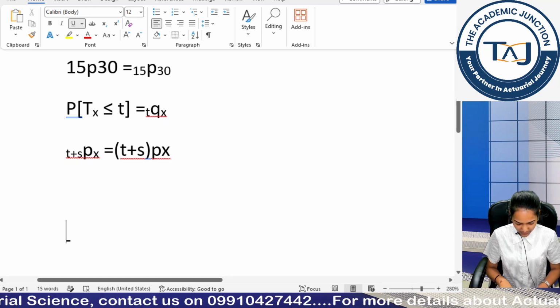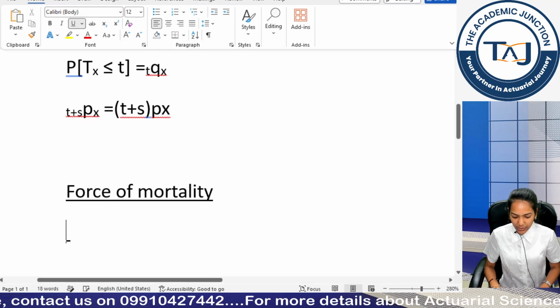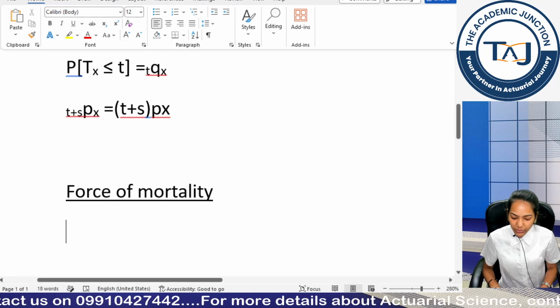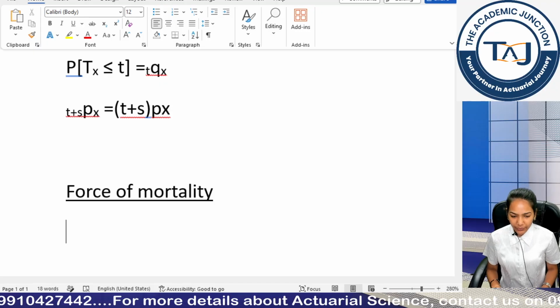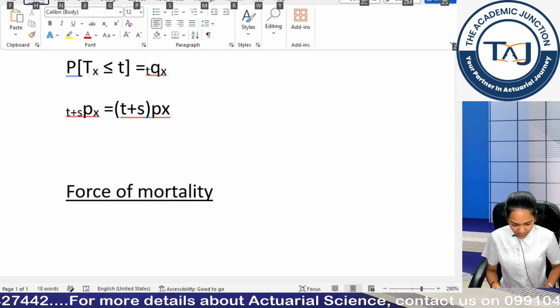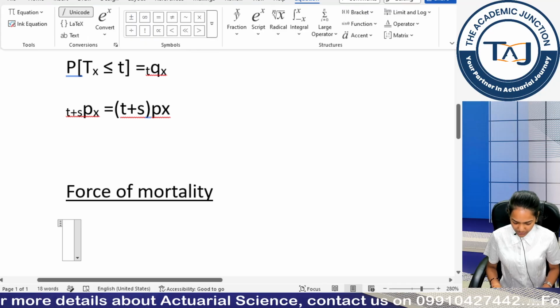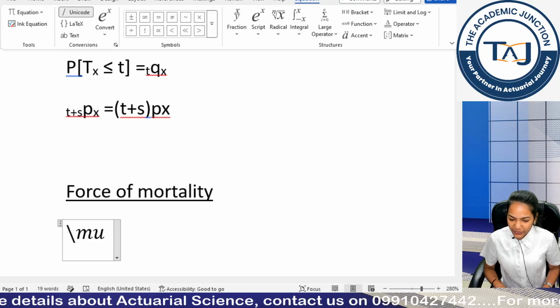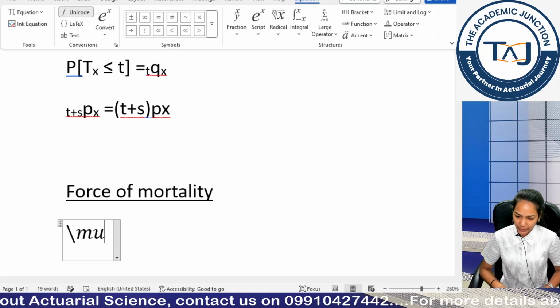So we are writing force of mortality. Again here you can use either the equationator or the normal approach. I will be typing in both the approaches. Suit yourself comfortably, guys. So first let's use the equationator approach. I have to write mu x is equal to, so backslash mu, as I told in the previous class, whatever symbol we want we can just write the simple wording of it.